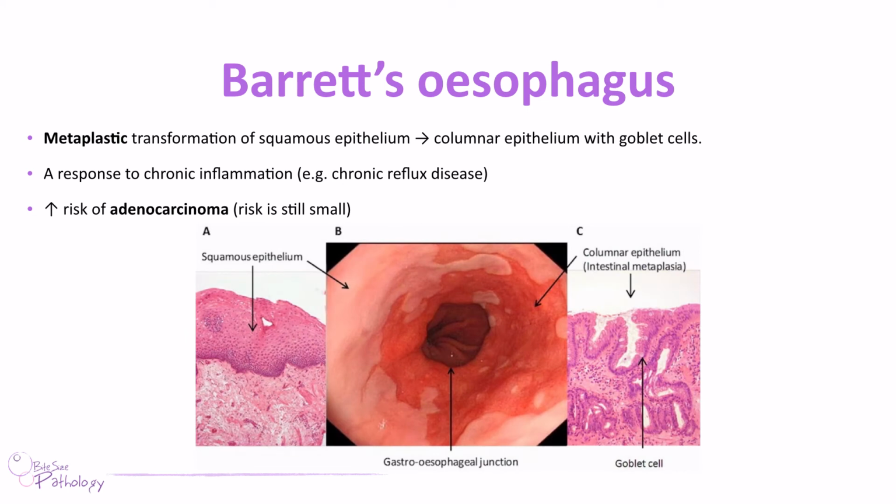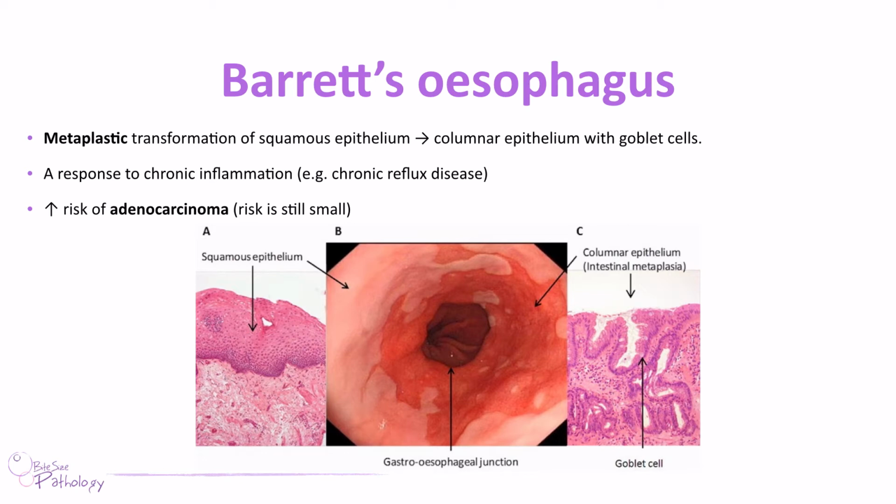left, and then on the far right you can see that columnar epithelium with the blobs of goblet cells that are in between, and you can see some of the glandular tissue there as well. Now the picture in the middle is an endoscopic picture, and that red, very raw looking area is where the epithelium is changed into that intestinal epithelium. That's around the gastroesophageal junction, so that's a very common site to find it in the lower portion of the